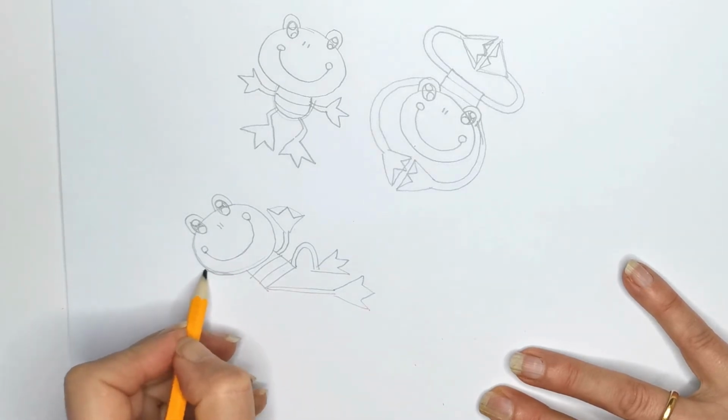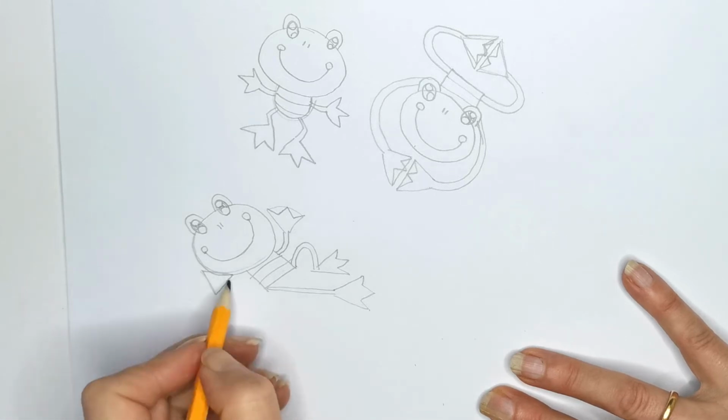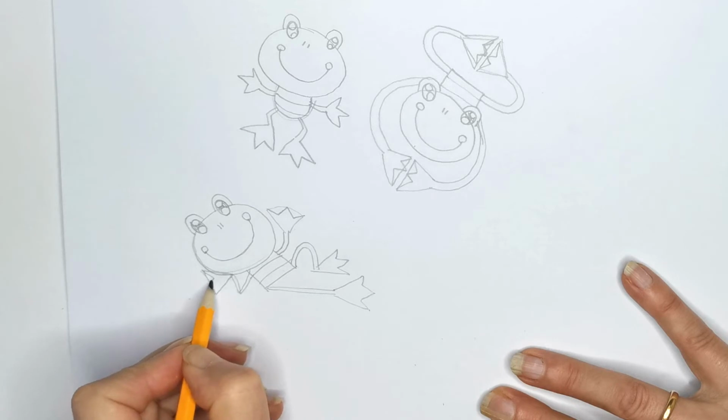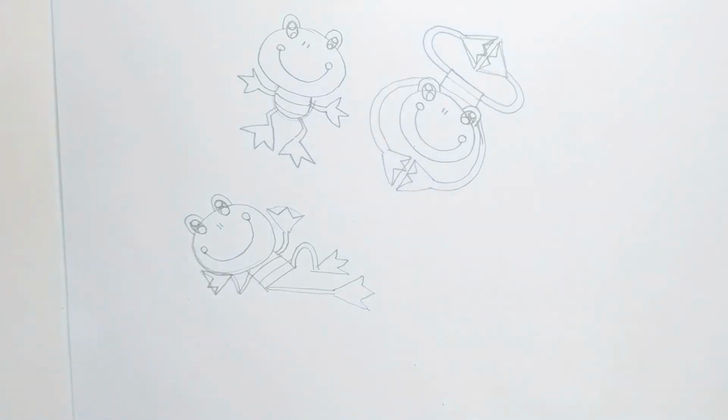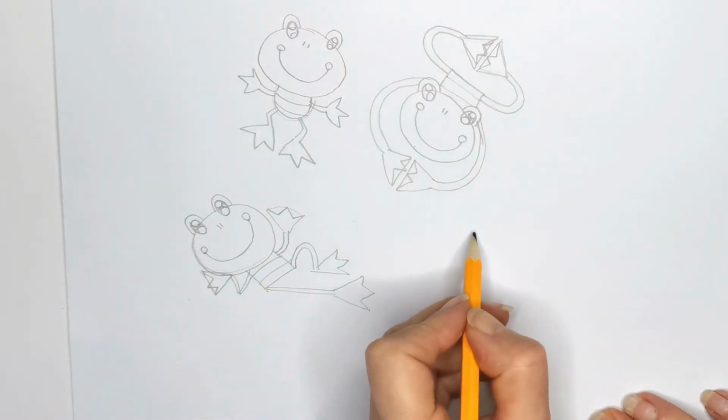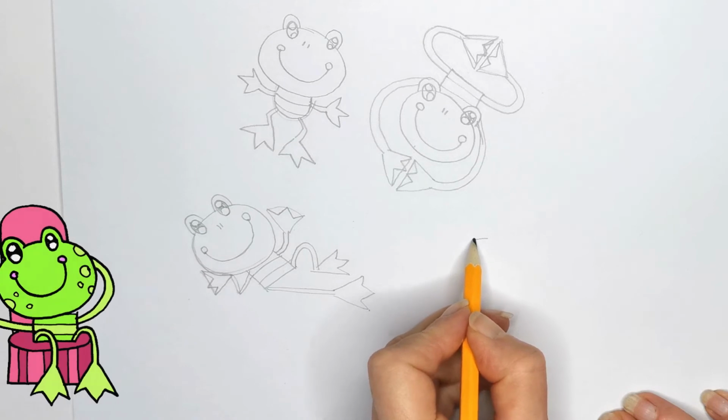On this one, he's resting his head on and he's got his elbow on the floor. So let's just do that. And there he is. We'll do one more and then I'll ink them in and you can see what they all look like. So this little guy,